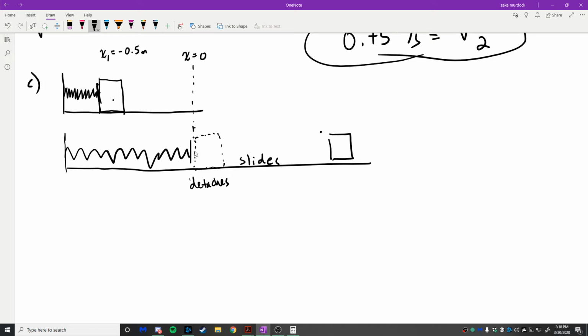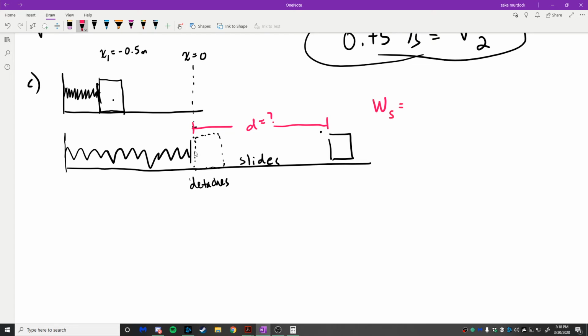But the idea is then the block is going to slide through some distance. Call the distance d or something like that. And that's what we're looking to find: how far is it going to slide? Okay. So what I'm going to do here is, when we look at our equation for the spring,